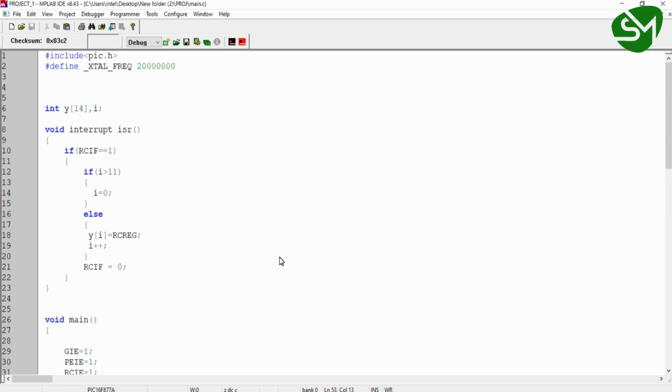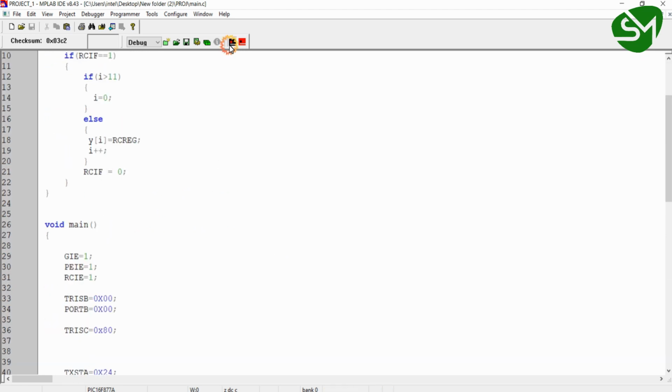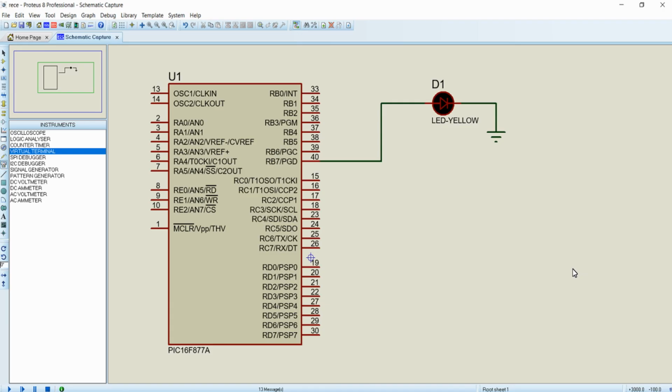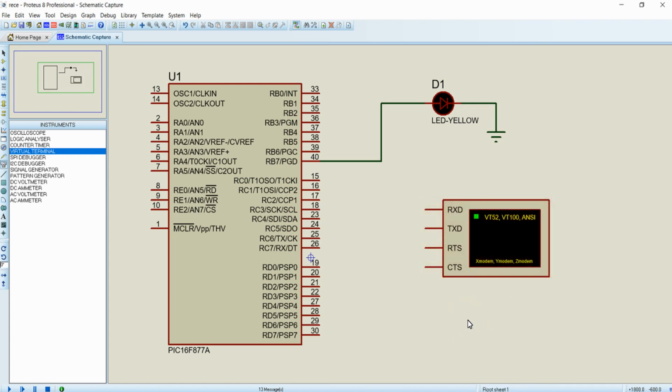Now we will build the program using the icon provided. For demonstrating this program in your Proteus simulation software, we are just going to use this virtual terminal in the Instruments tab as a substitute device for the HC05 and EM18 RFID module.